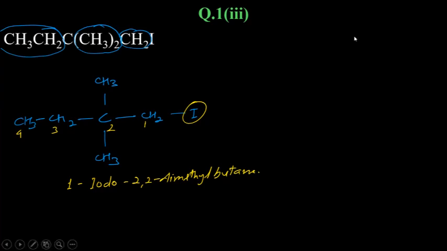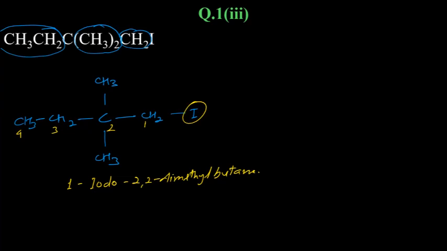Now let me see how many of you have given the correct answer till now. Okay, Mehak, good. Arshi, good. Arohi, good. Shashwat, good. Vanna, yes, good. It will be 2 comma 2 dimethyl. Tuhina, correct? Good.